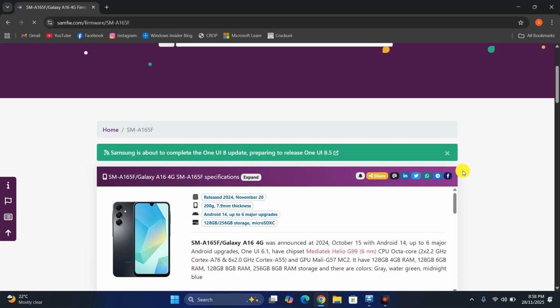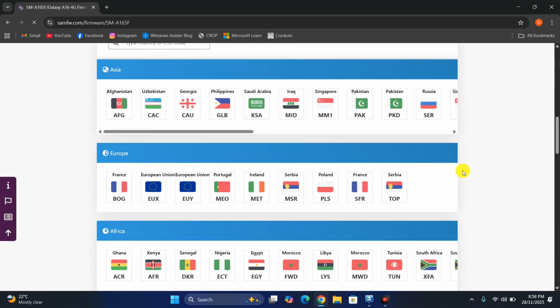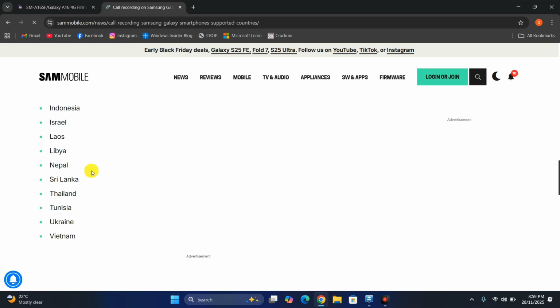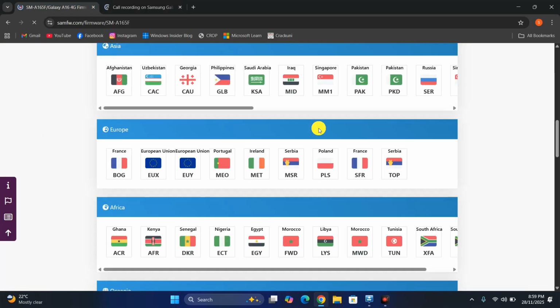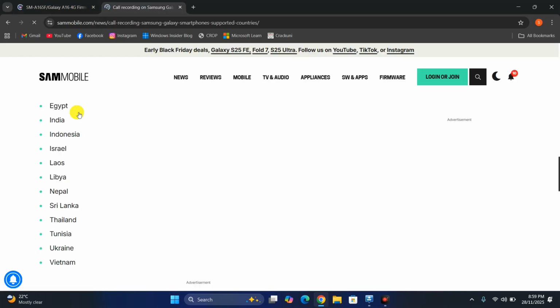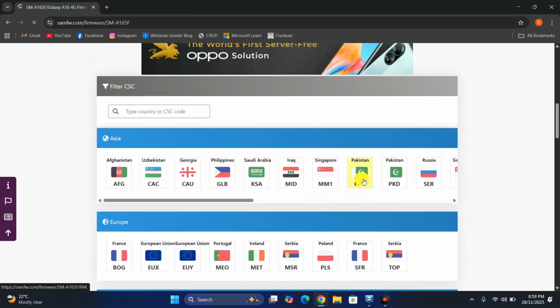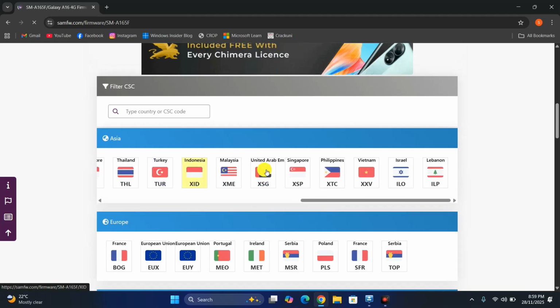Then you scroll down. Again, you will see a lot of countries to choose from, but do not choose any random country. You have to choose from the countries which I showed you. Here are those countries that you can select from. Don't just randomly select any country here, just select it from these countries. Again, I'm using Vietnam, and Vietnam is in Asia, I suppose, so we have to scroll left and right, then you have to find Vietnam. You can also search from here if you want, but here's the Vietnam one, XSV, so we have to select it,